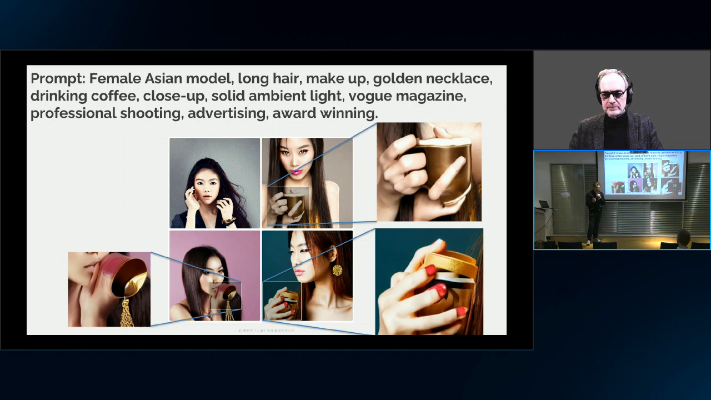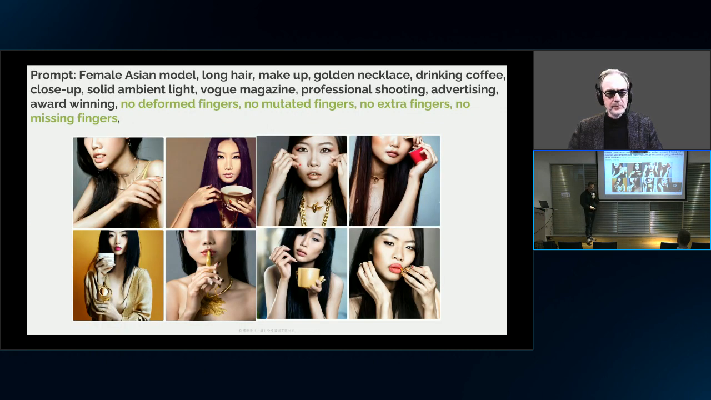The way to fix this one is to add what we call a negative prompt. So here I've said what I want. Now I'm going to say what I don't want. So I'm going to add to the prompt that I don't want deformed fingers, I don't want extra fingers, I don't want too few fingers. So now I'm adding to the prompt the things I don't want. And now it's better. Now that has fixed my finger issue,